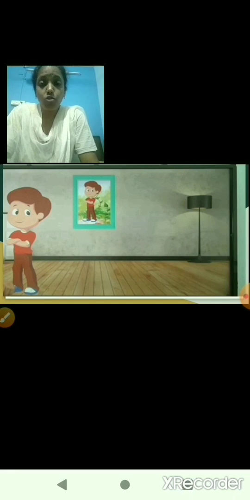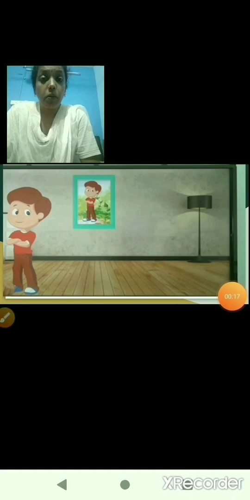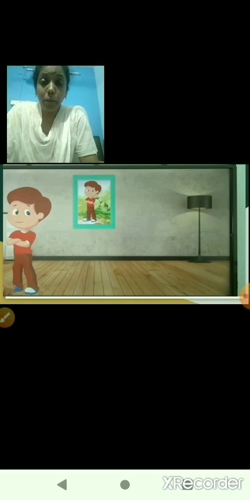Now children, why is it so? Because if you print the photo at the actual size of the person, then it would be too big to hang on the wall, isn't it? And even to carry it would be very difficult.